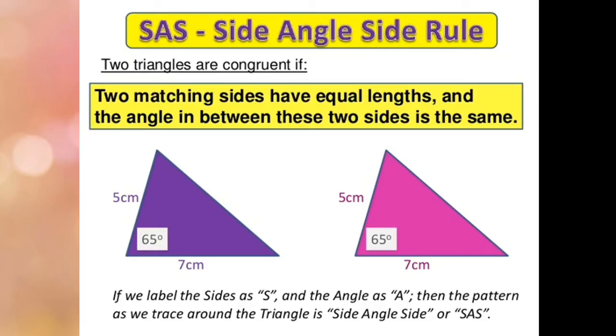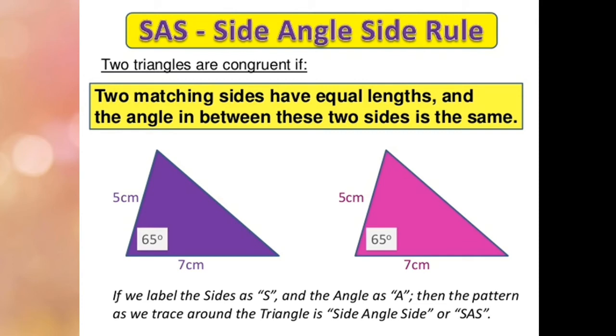So, next one is the SAS or the side angle side rule. Two triangles are congruent if two matching sides have equal length and the angle in between these two sides is the same. Okay? So, masasabi natin na SAS or side angle side rule siya kapag two triangles ay